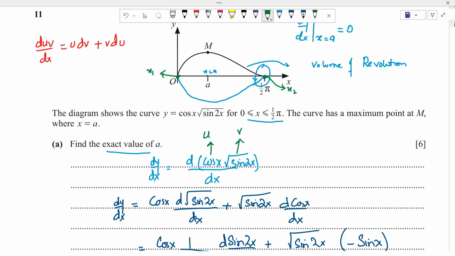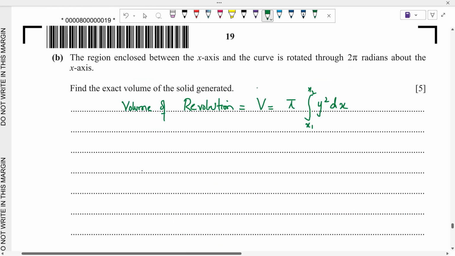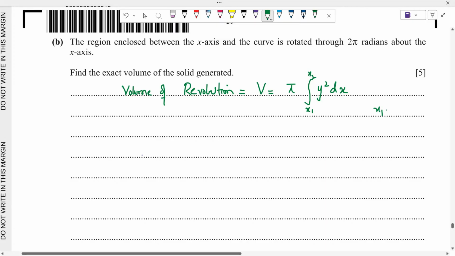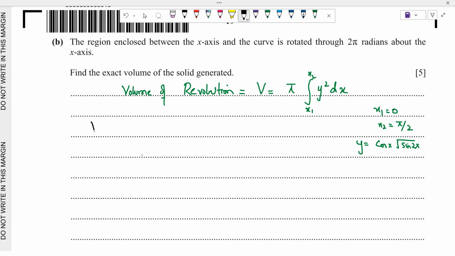So we can say that the limit is from 0 to pi by 2, and y is equal to cos of x under root sine of 2x. So in this case, x1 is equal to 0, x2 is equal to pi by 2, and y is equal to cos of x under root sine of 2x. Plugging these values in the formula of volume of revolution, we will have v is equal to pi, limit from 0 to pi by 2, and y is equal to cos of x under root sine of 2x, whole square